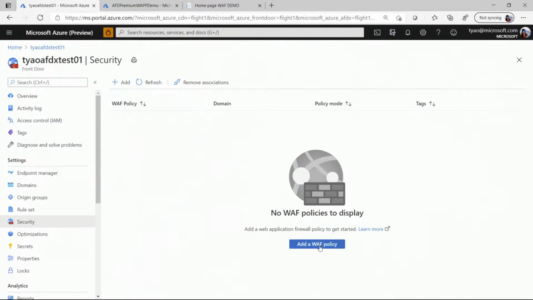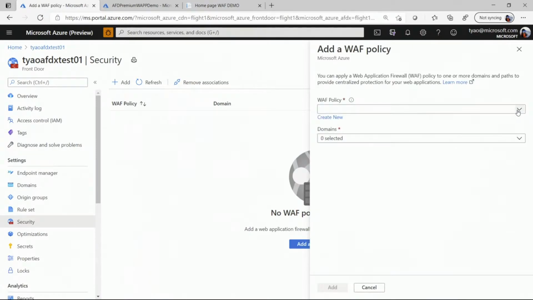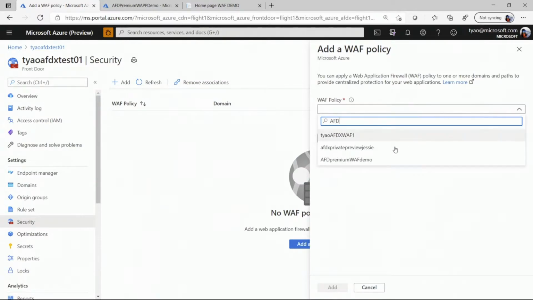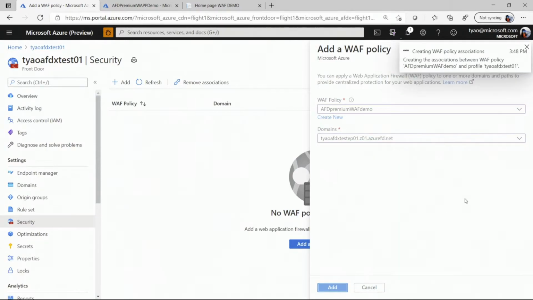So here, let's add a WAF policy. And then here, you can choose from a list of WAF policies. In here, I have one Front Door Premium WAF demo policy here. And then I'm going to link to the domain that I configured and add. And this will add the association of WAF policy to the domain.